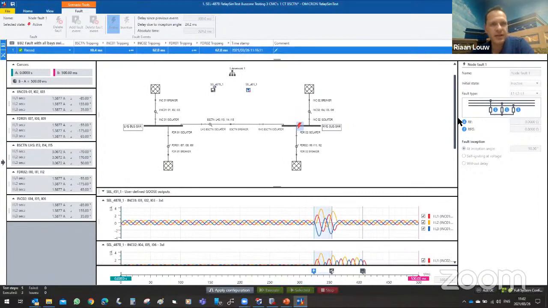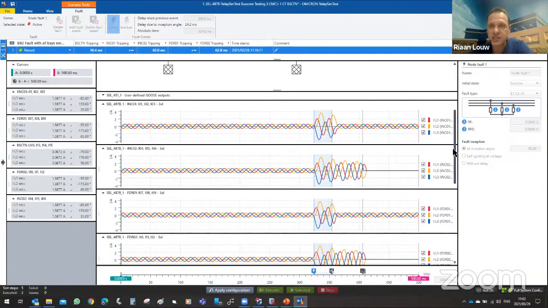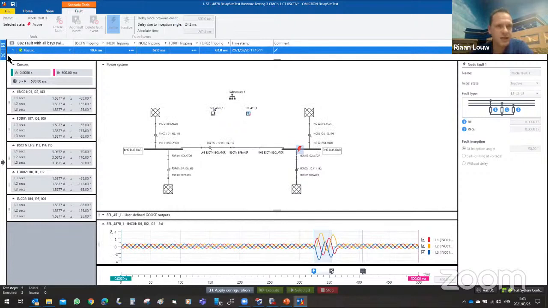Okay, so interestingly enough, we had a different operation than what we would have expected, and that is because of the coupler security logic. I'll explain that now. What we have in our results is that the bus section has tripped, and incomer 2 and feeder 2 have also tripped. You'll recognize that it's a slightly delayed trip time, and the reason for that is because of the zone 2 being part of this CT circuit here. Obviously, this would be a solid zone 2 fault, but